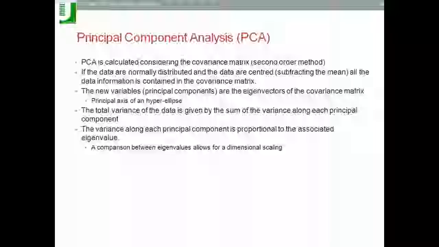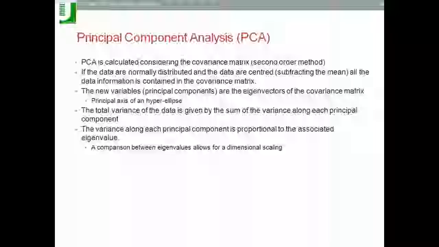Indeed, if the data are normally distributed and the mean is 0, which is easily achieved by subtracting the mean from each variable, all the information about the multivariate data is contained in the covariance matrix. And working on the covariance matrix, decorrelating it, gives us the possibility to